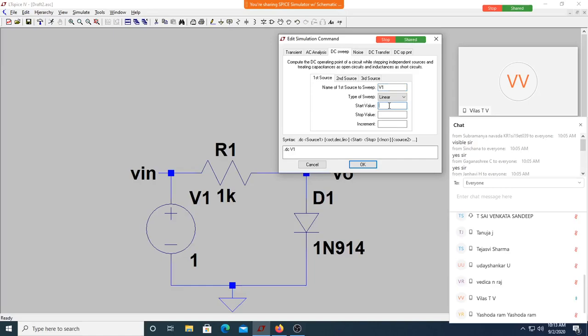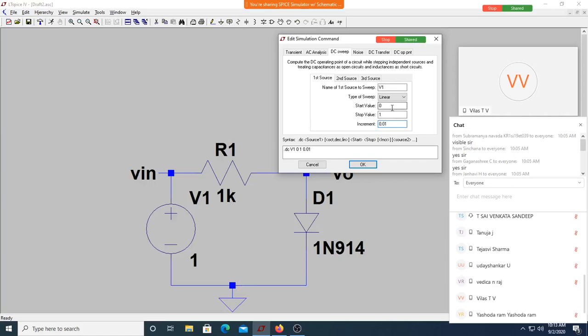In the IV characteristics of a diode, if you want to do both reverse characteristics and forward characteristics, what will be the start voltage? Will you start from 0 or from a negative voltage? Assume that you want to do the entire characteristics, both reverse as well as forward. Suppose I start from 0 to 1 volt in steps of 0.01, what will I get?